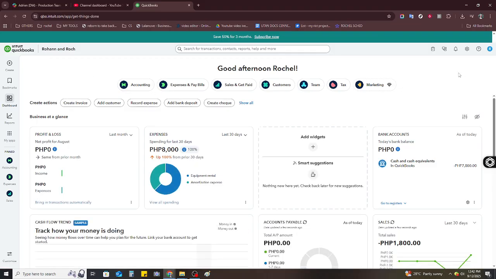First things first, you'll need to log into QuickBooks Online. Open your web browser. Chrome is often recommended for the best experience, and head over to quickbooks.intuit.com. Once there, simply sign in with your credentials and you'll be taken to your QuickBooks dashboard, the starting point